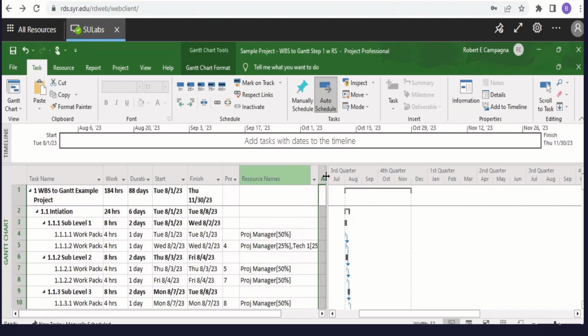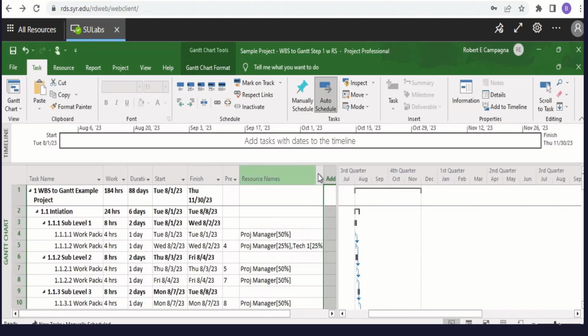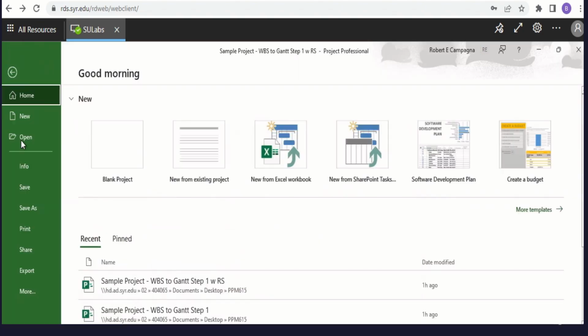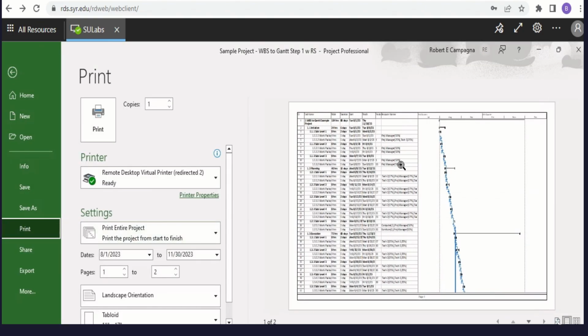So we're just widening the column here to see if we can, okay, let's see if that's enough. There's a lot of back and forth here just to get it to look right. Now we have our resource names and our timeline showing what is happening when,